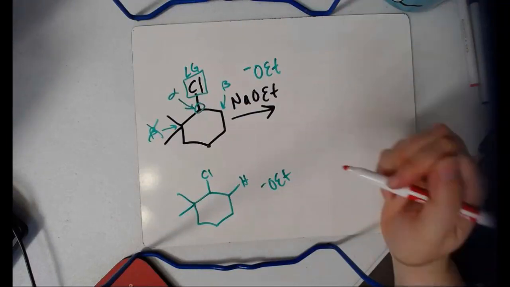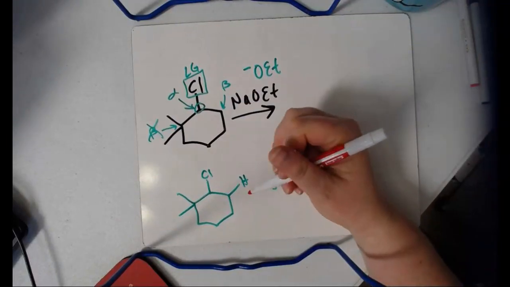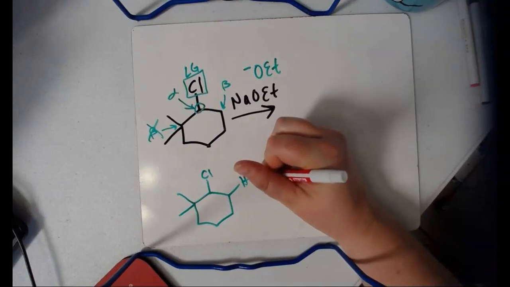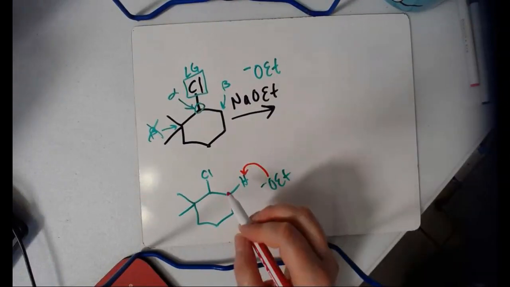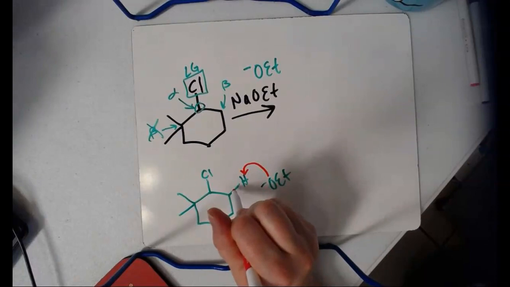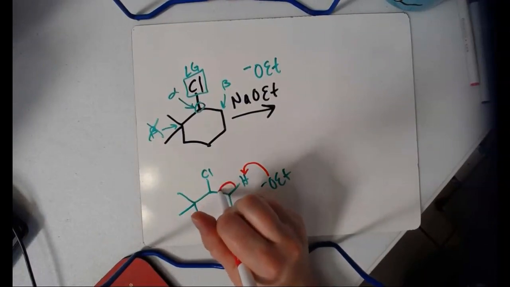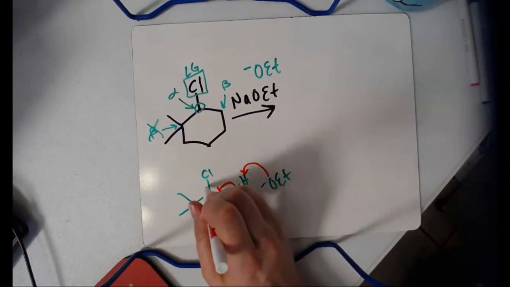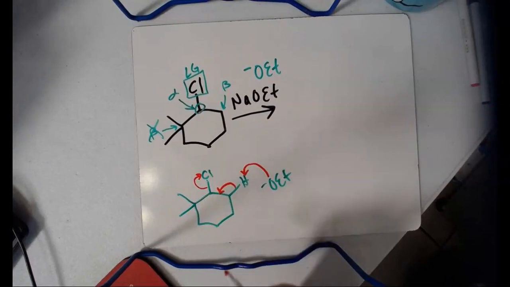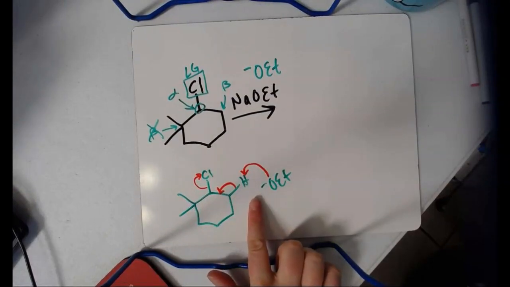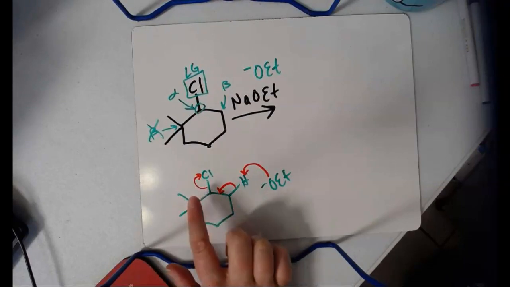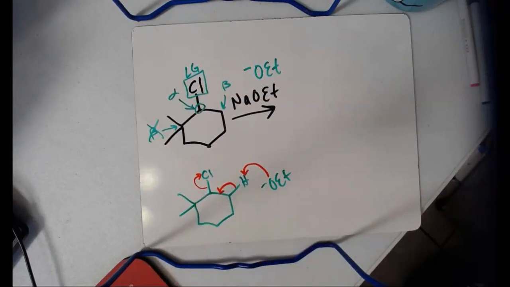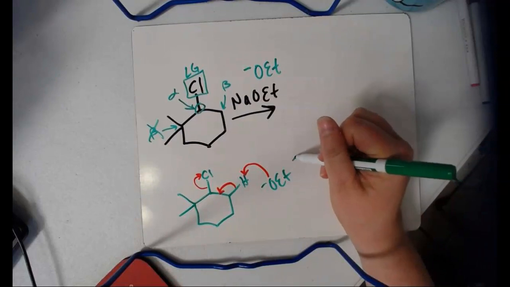I'm sorry. All right, I'm going to have three arrows, remember. We're going to go from our base to our hydrogen. We're going to go from the bond between the beta carbon and the hydrogen to right there. That's what's creating our double bond. And then I'm going to go from the bond up onto that leaving group. So we are doing our proton transfer and our loss of our leaving group. The little arrow is really just to show our flow of